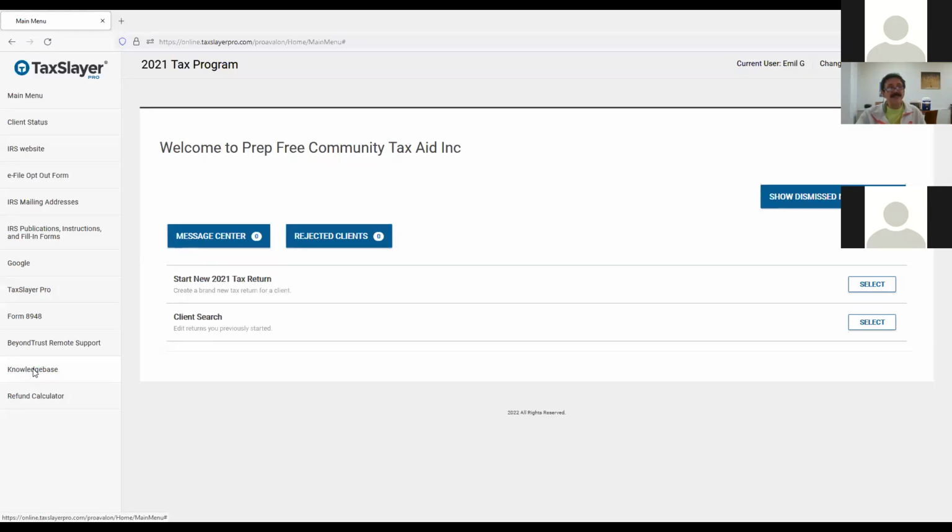Knowledge base, I think you guys will come across this, okay? I've used this in preparation for this class. For example, we didn't know how to enter, say, that charitable contribution information, that $52 we saw in the other problem. So right here in the question bar, I would write